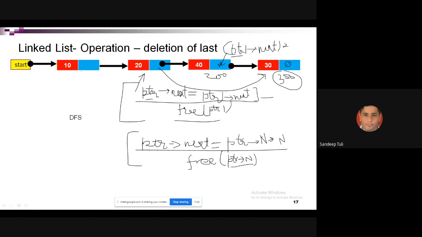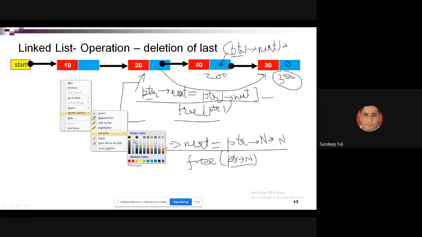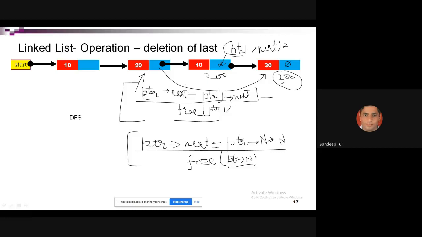Is it clear to all? Okay, some doubts should be there in your minds. Let me clear one more time. Suppose this is my P node.